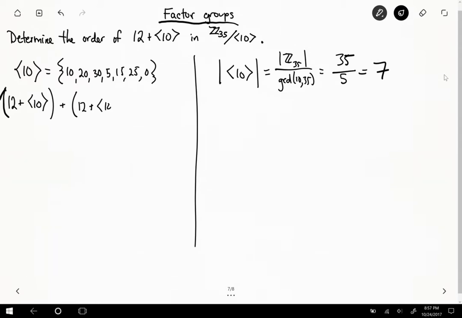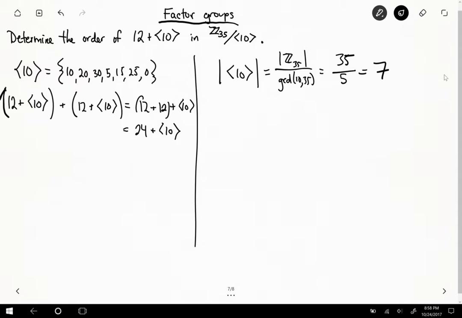What happens? Well, by factor groups, this thing is equal to 12 plus 12, and then rather than 2 times this cyclic subgroup generated by 10, it just combines into 1. That's how these operations occur on the factor groups. So this thing equals 24